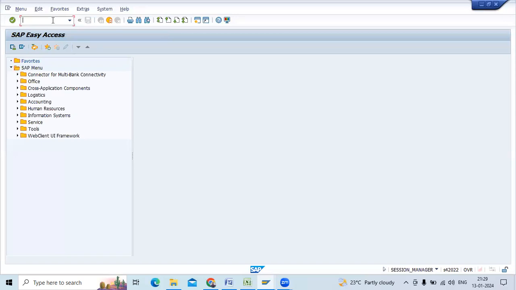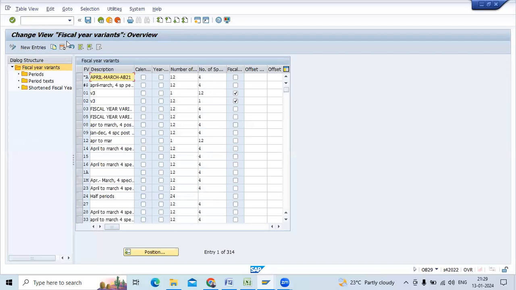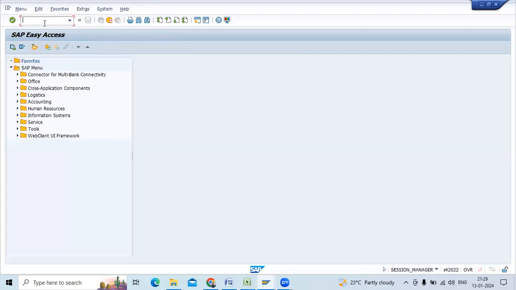So we can create the fiscal year in two ways. One is we can go through the T code. I have told you the first one, the T code is OB29. If we come to OB29, then directly we can create the fiscal year variant here. If we want to come through the path, SPRO,